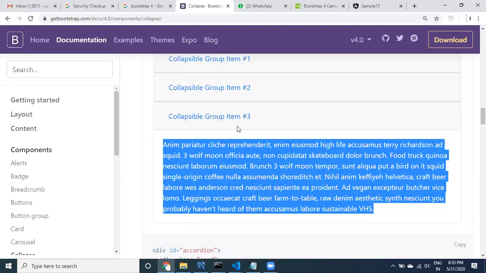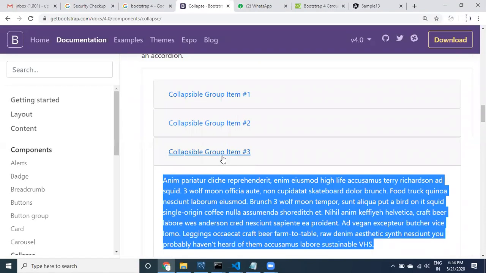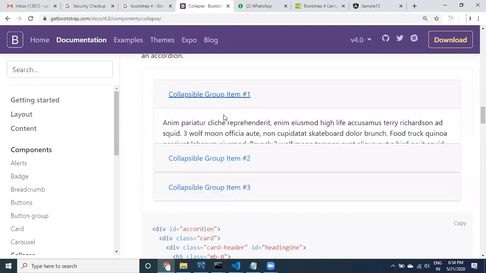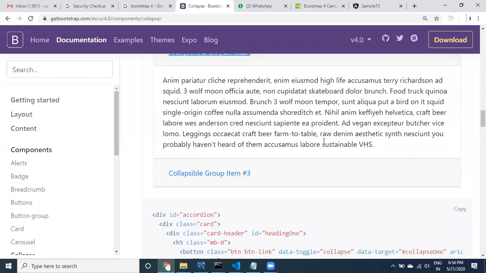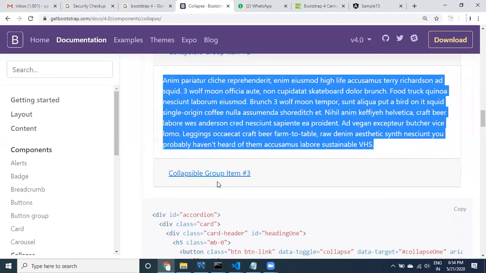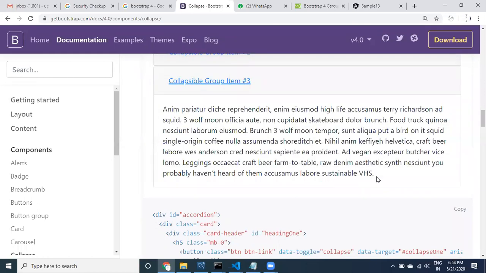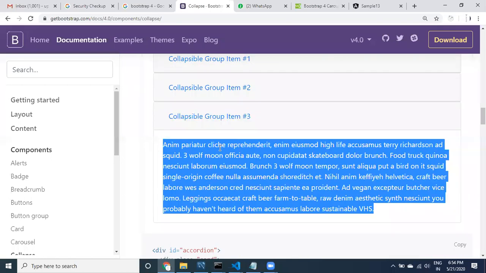Each page has a different place. To display this content the place is different, and to display that content the place is different.